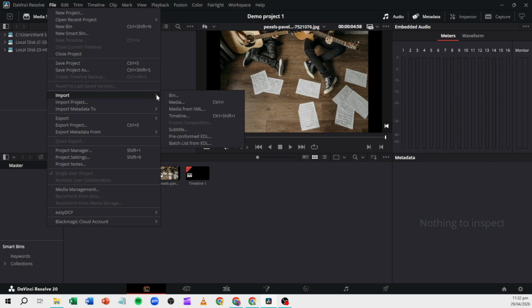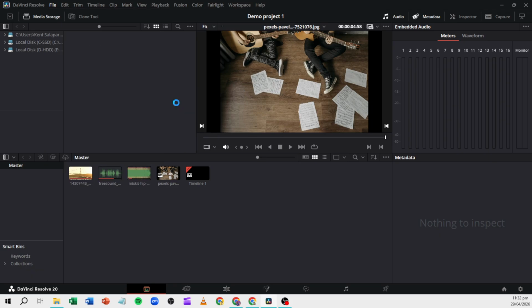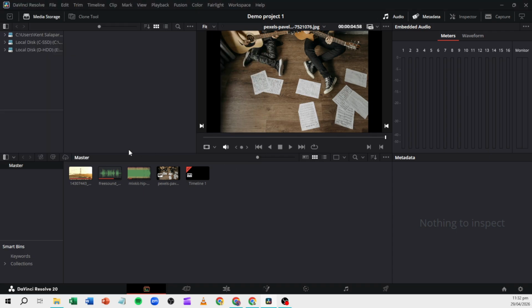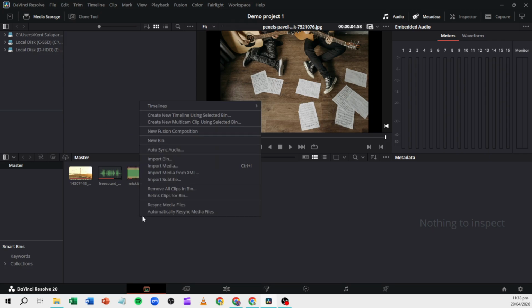If you prefer, you can also import from inside the media pool. Just right-click in any empty space in the media pool and select Import Media, then pick your file. Another quick option is to drag your audio directly from your File Explorer or Finder into the media pool. Use whichever method feels fastest to you. As a quick tip, it helps to keep your music in a clearly labeled bin so you can stay organized